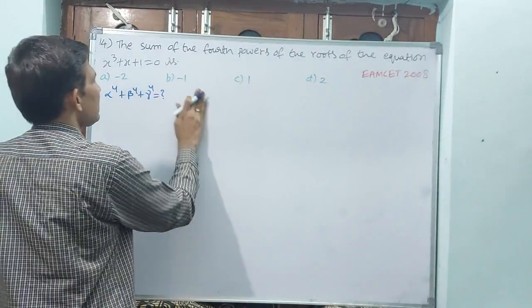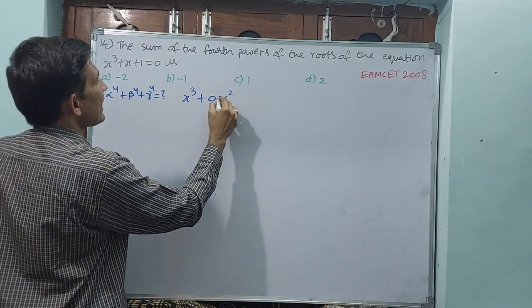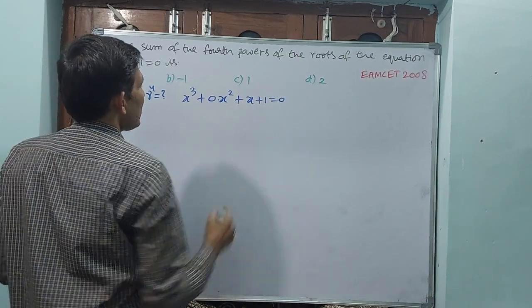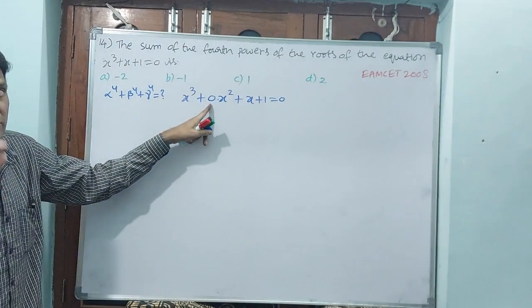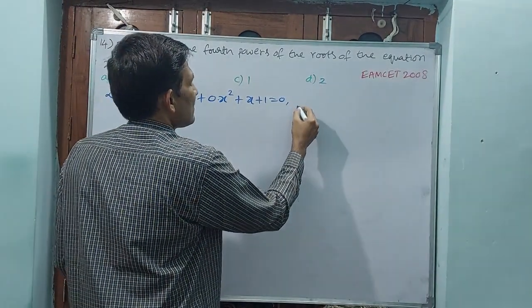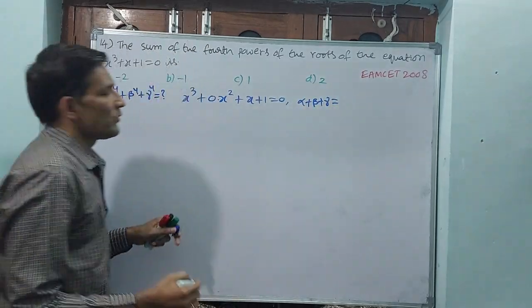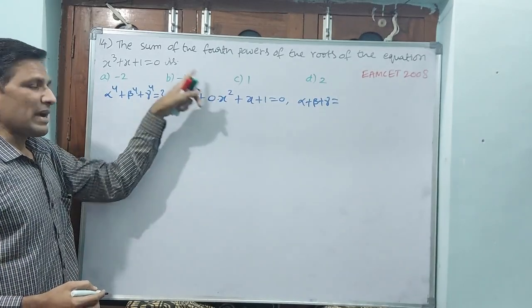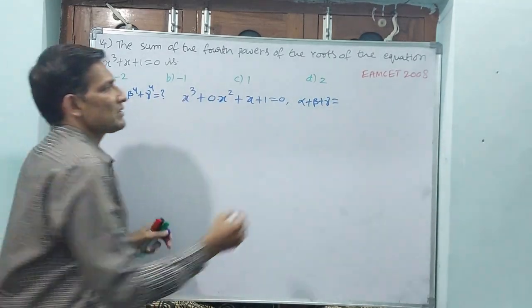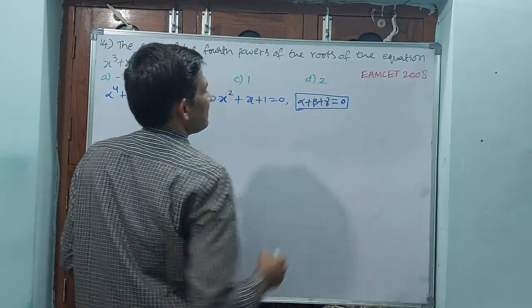You see what I am writing. Or else once again I will write this equation: x cube plus 0x square plus x plus 1 equal to 0. Like that first you take. Why? Because here 0 is there. Like that you should know, or else you are going to make mistakes. Okay. You see, S1 means what? Alpha plus beta plus gamma is equal to minus a1 by 1. Okay, but here 0. 0 means simply you take 0. Rather than the equation, you take a box.